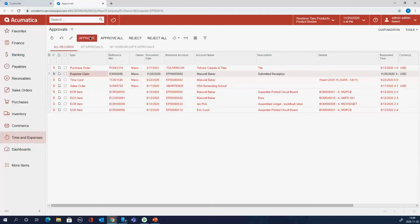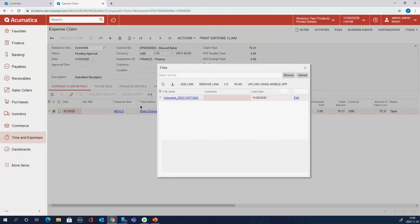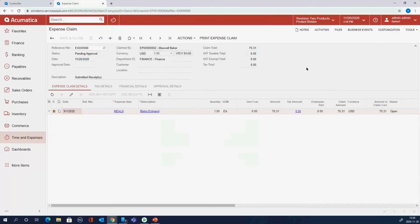I could have approved my expense claim via the mobile app, or I can drill down to it and look at what it is. I have the same information. I can also see the picture of the expense receipt at the line level, so I can go back or audit if need be. Right? Yep. And so I will approve it. And by releasing it, what the system will do,